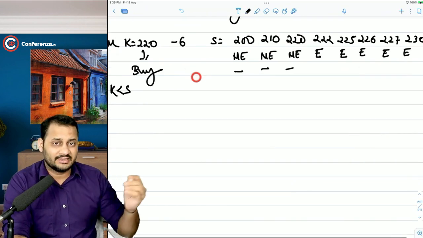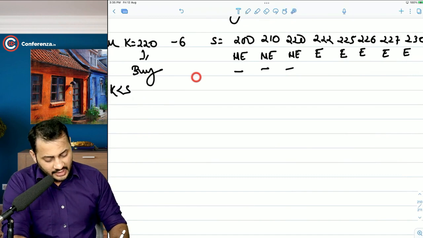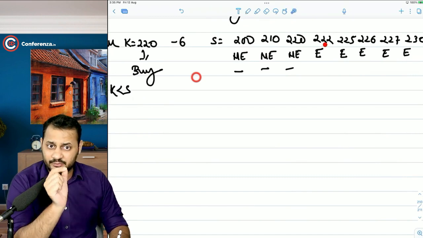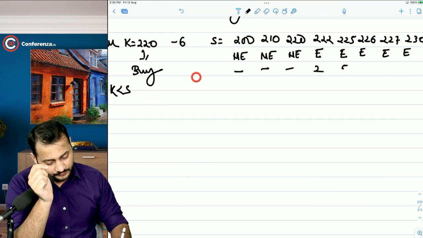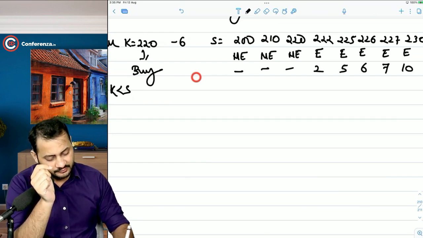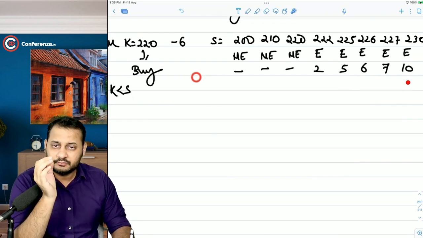Now, once we exercise the option, we will have some payoff, and the payoff will be decided as the difference between the spot and the strike price. So 2, 5, 6, 7, 10. So these are the payoffs. But now understand,